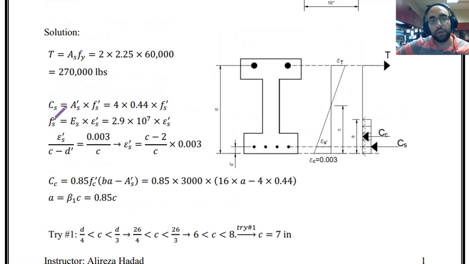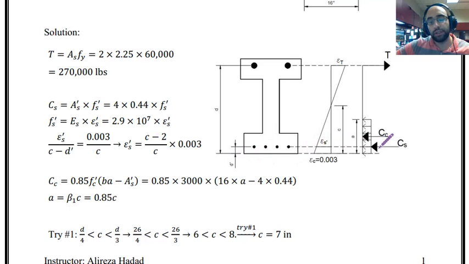Then we have Cs, compression force in steel, and that is A's multiplied by f's, or the compression force in this reinforcement that we have over here is area of reinforcement multiplied by the stress. That is the simple equation for finding the force in members: the stress multiplied by area. Area is based on 4 number 6 bars, and the stress, we don't know this. So I'm going to say stress is equal to the Young modulus of steel multiplied by the strain at the